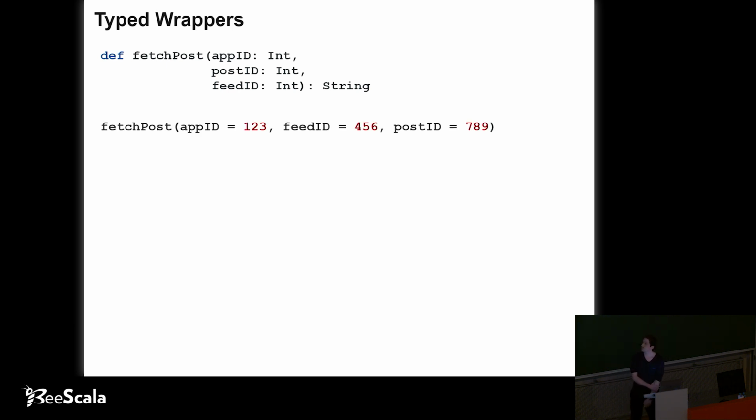And so what we're going to do is we're going to use wrappers, typed wrappers. For each concept in our system, for each thing that we're using, we're going to create a small case class that wraps them. So we have app ID, post ID, and feed ID. Each one wraps an integer value. Since we're introducing a case class or a new type for this purpose, the compiler can now keep track of them separately and verify the consistent usage of each one of them